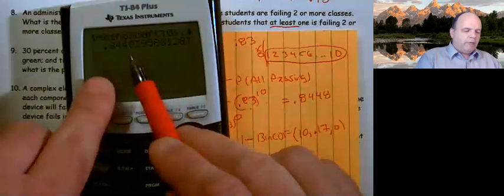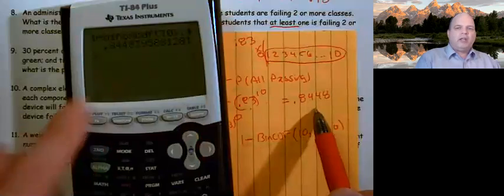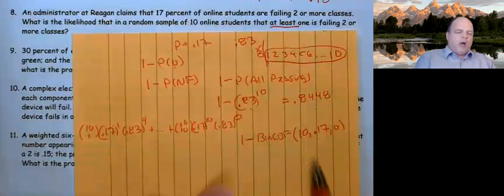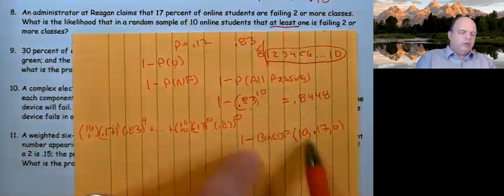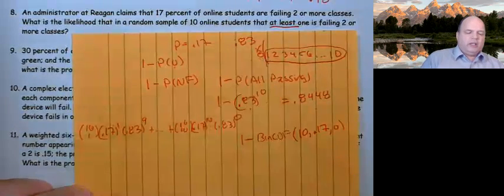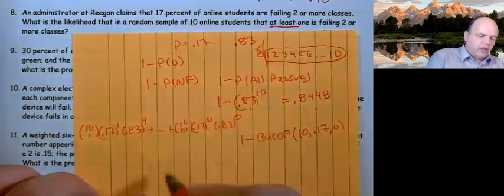And there we go, 0.8448, which is exactly what we got here. But you're like, I'm not exactly sure I follow how this relates to that. Okay, so what does this look like? Well, this looks like